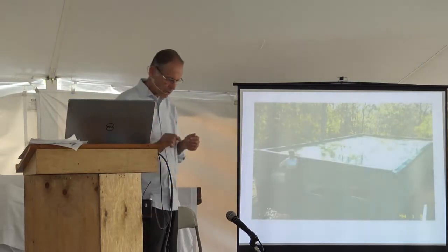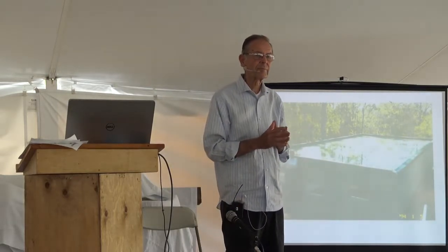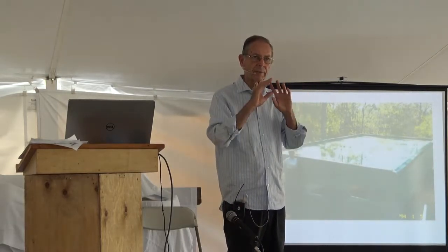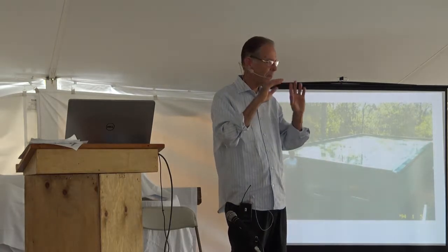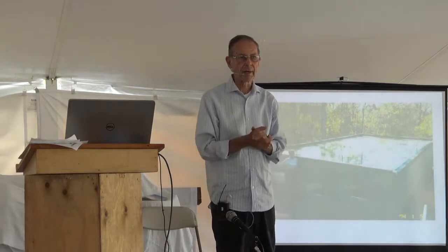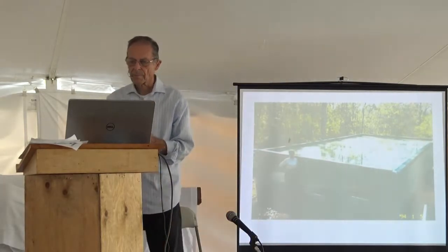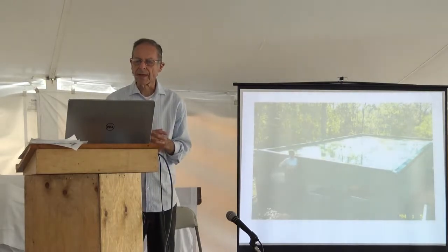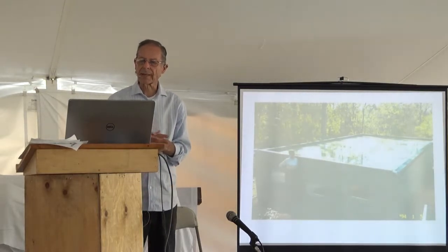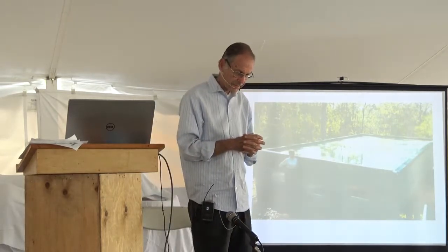Okay, so he had to destroy the water, the straw bale. Had to destroy that straw bale because it wasn't working there. So then he decided to build a cinder block greenhouse, and you see he's got three little windows in the back here. That's his wife standing there. This time, instead of